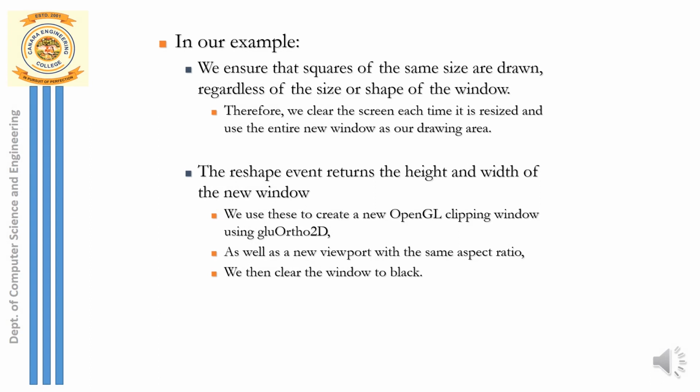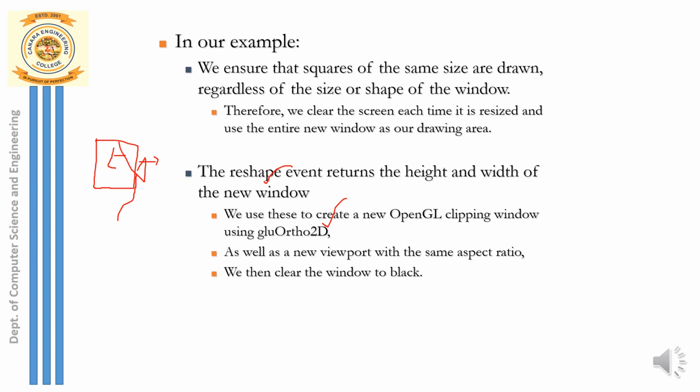In OpenGL, we have a callback function called glutReshapeFunc, or there is an event called the reshape event. So what is that event actually? That is the event that you perform with the display window. It's increasing the size of the display window or decreasing the size, or it can be minimizing, maximizing, or destroying the window. So all these are the events that you perform with the display window. There the height and width of the display window changes. So whenever such a reshape event occurs, we are supposed to do three things.